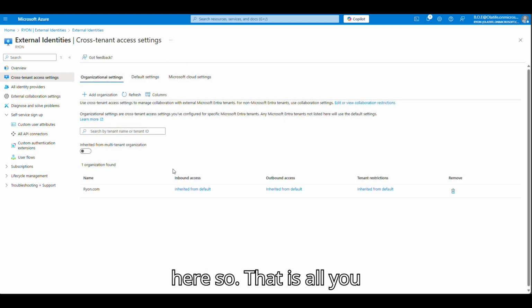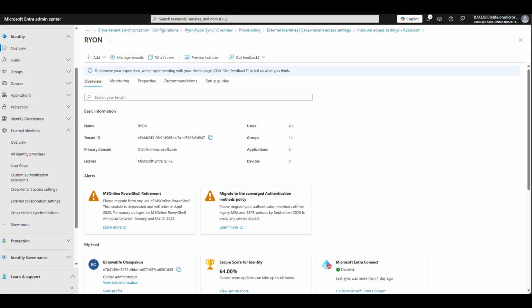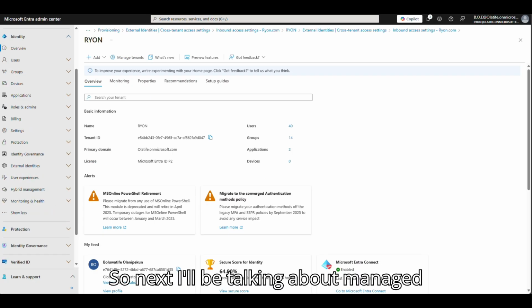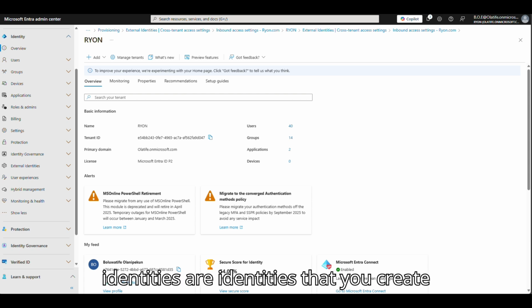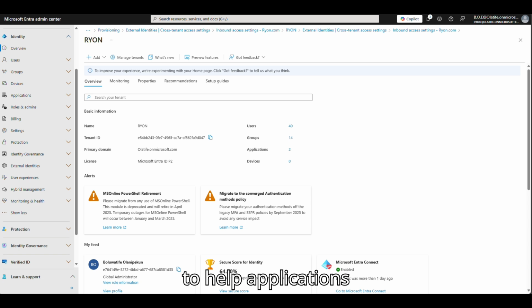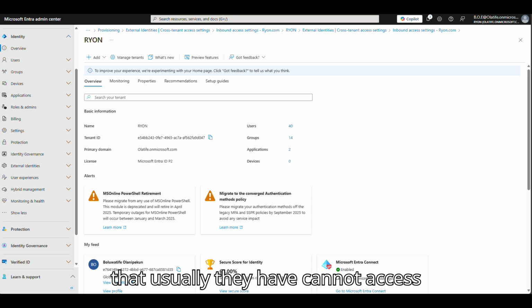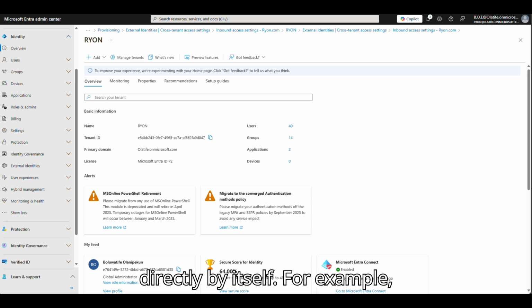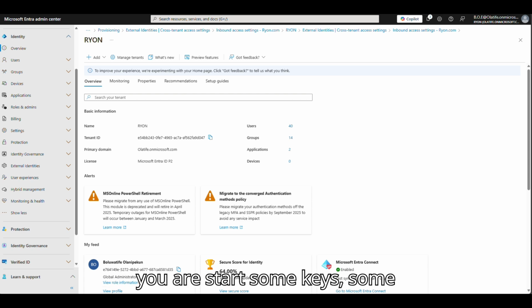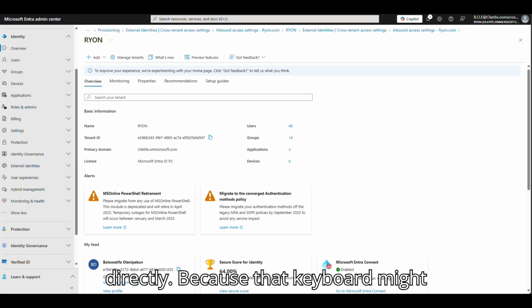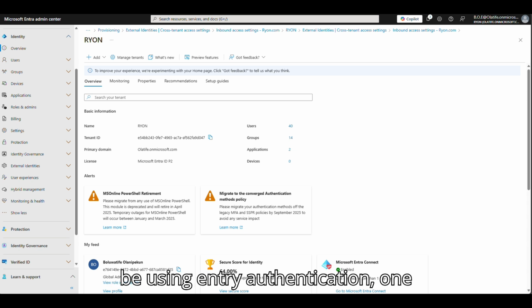So that is how you do cross-tenant access settings. So next I'm talking about managed identities. Basically, managed identities are identities that you create to help applications access specific resources that usually the app cannot access directly by itself. For example, let's say you're an app developer and you have stored some keys, some secrets in a key vault. The app might not be able to access that directly because that key vault might be using